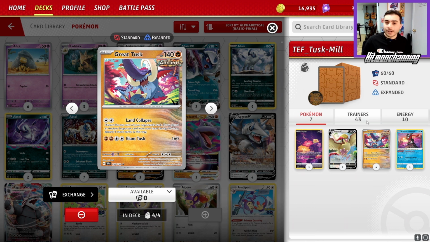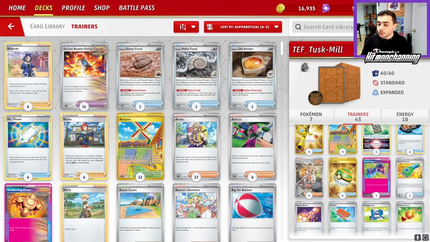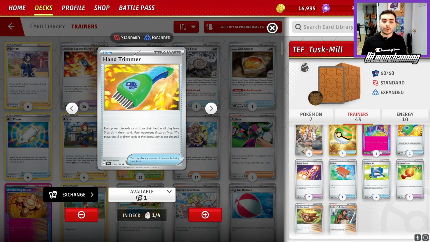So the one card I think that is on everyone's mind a little bit, or is on my mind at least, is the Hand Trimmer. This is the one card I want to talk about a little bit. It has good scenarios, good uses, like against Lost Box, like against Gardevoir. However, sometimes you're a card off of milling, or your opponent has key resources in their hand or whatever. So Hand Trimmer can be airy, Misfortune Sisters, and